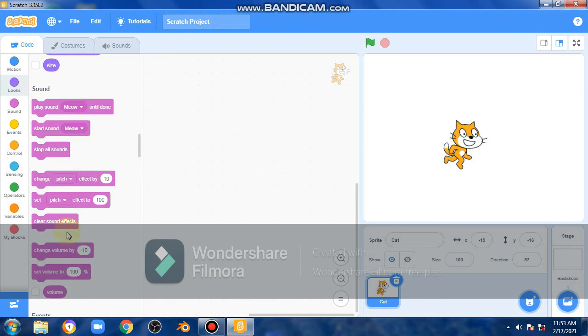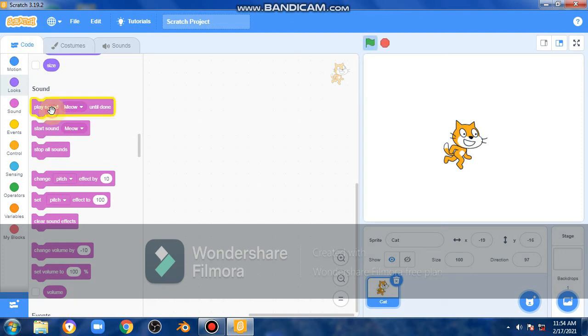Then here is the sound: how much volume you want, it can change it there. Then it can clear sound effects. Then the pitch you can change, means the high pitch or the low pitch. While speaking it can change its pitch. Okay, here if we put this stop all sounds, it will stop all the sounds that are coming.